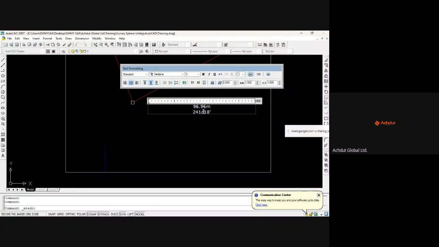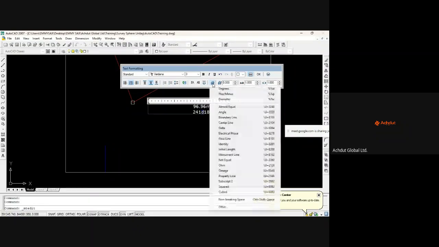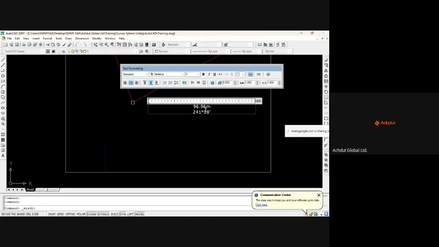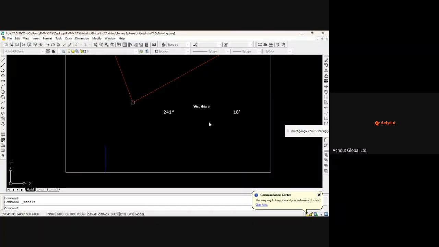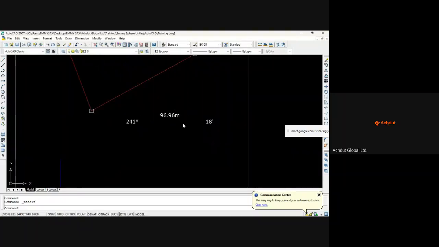Please ensure that there is consistency in your text style. Once you use one, you continue with it for all of your drawings, except when you get to the title page. When you get to the title area, you can change it. And you put space depending on how long the line is. This is our distance and our bearing. Then we highlight it and move it. Move, you can use M, enter,